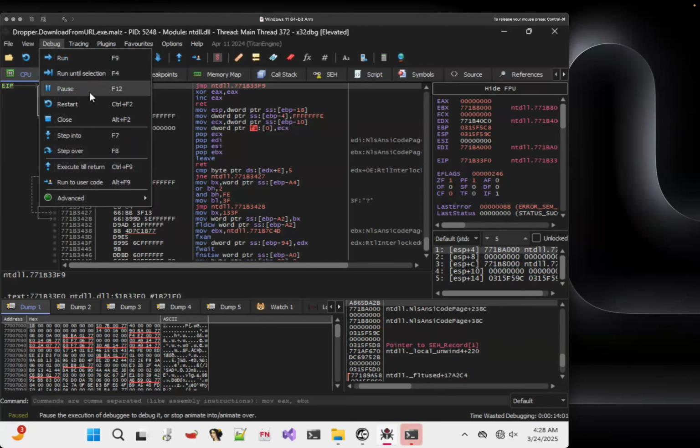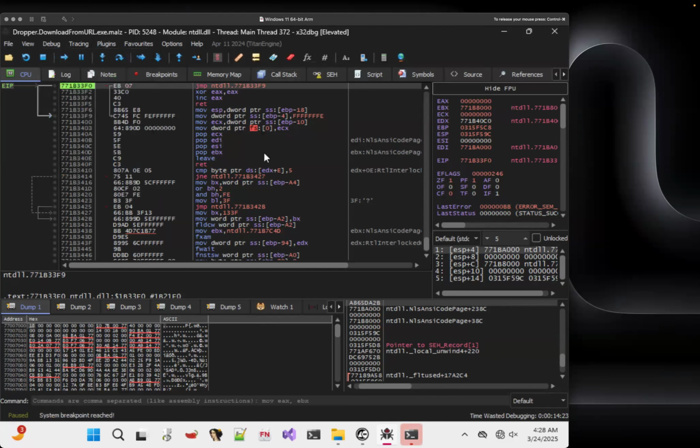So yes, the second one is F9, and then of course you can pause it with F12, but most commonly we use Control F2 to stop it so we can close it. And here's one thing, called step into and step over. Mainly for step into, you can use F2. So step into, if you remember,